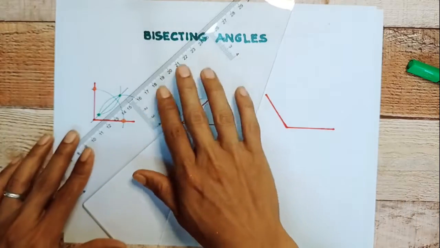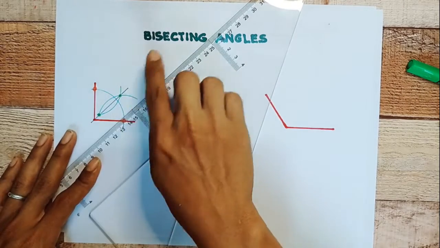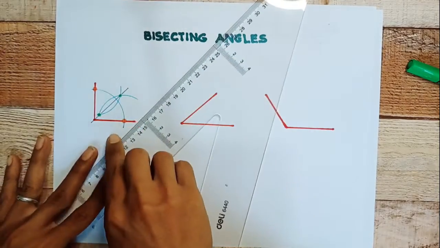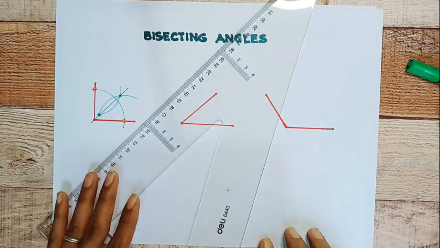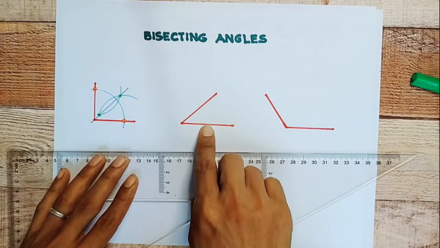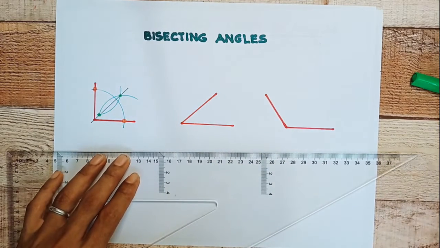And there. Okay. So now we were able to divide or bisect our angle. That's how we do it. So the same way we'll do with the acute angle. So for the acute angle, the same